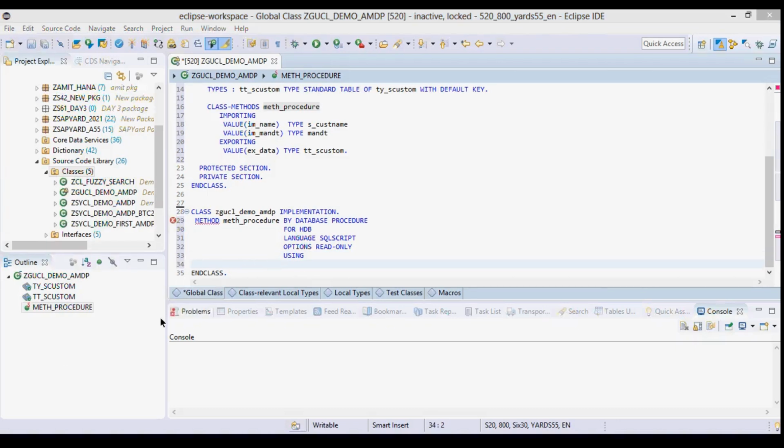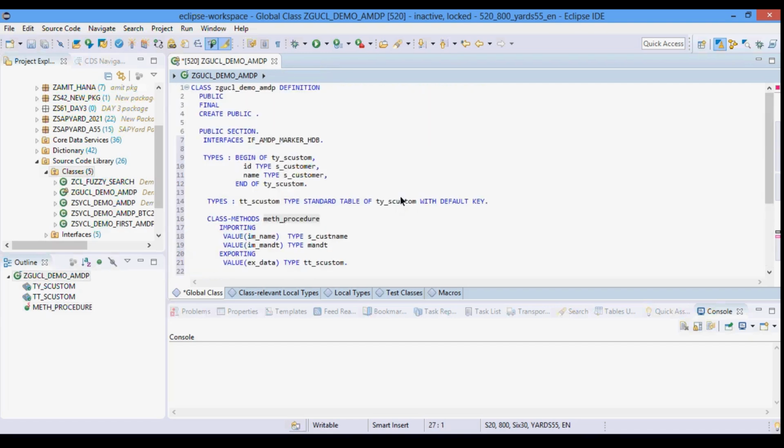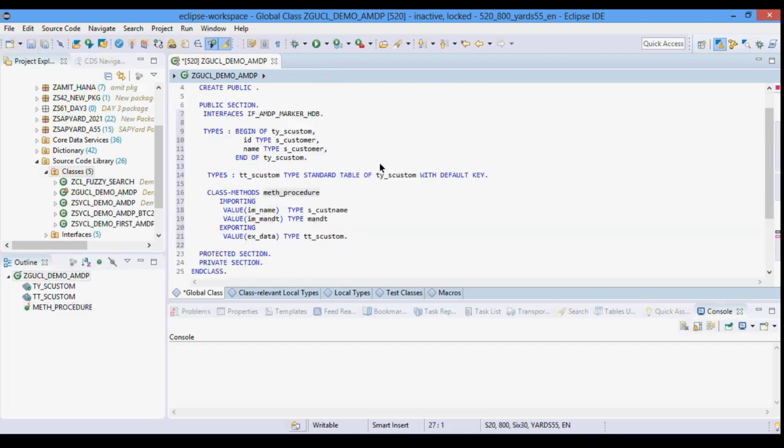Let me just do an end method. In our case we would be fetching data from only one table, let's say the S custom table. So I would mention it. Now it says that the body of an AMDP method cannot be empty, which is fine.